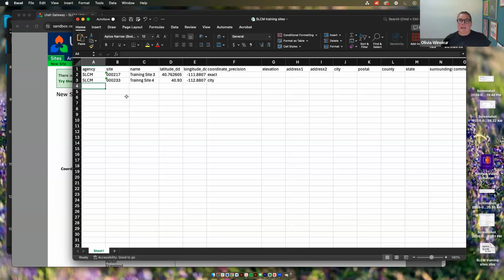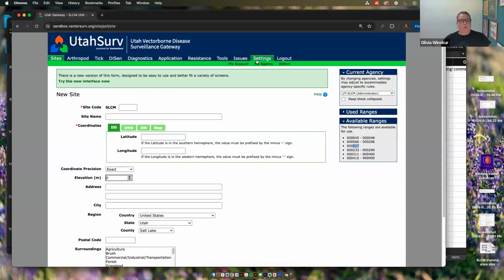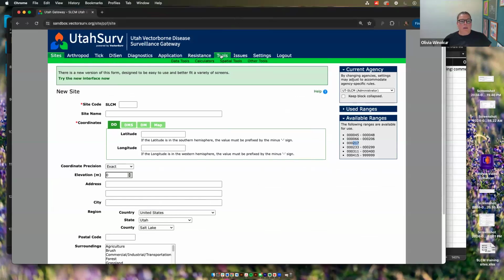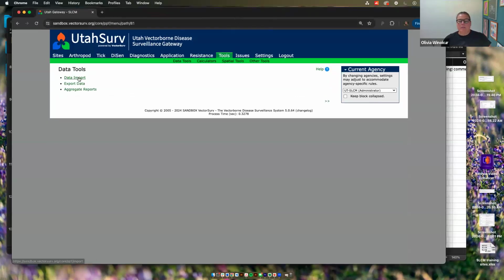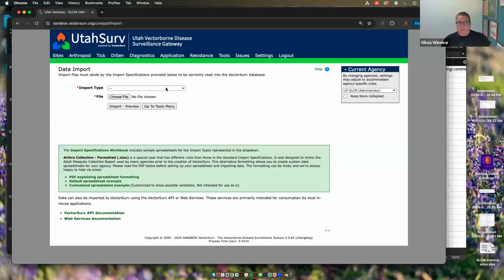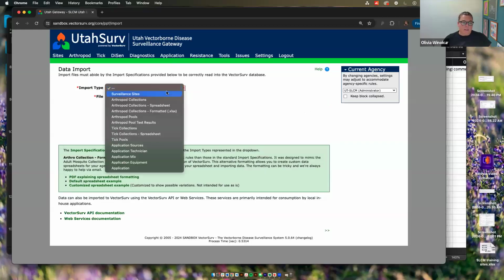If I had access as a user, not only as view only, I could also upload for them. But let's keep it simple. Uploading to Salt Lake, these are my site numbers, my names of them, and my latitude, longitude. So I'm just going to save that as Salt Lake City training sites and show you how that'll work when we import that. So we'll go Tools, Data Import, import type Surveillance Sites,